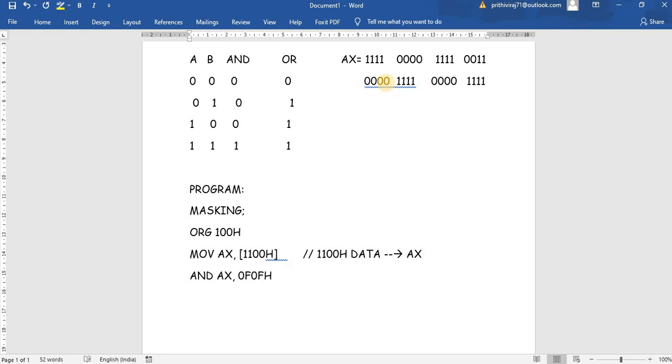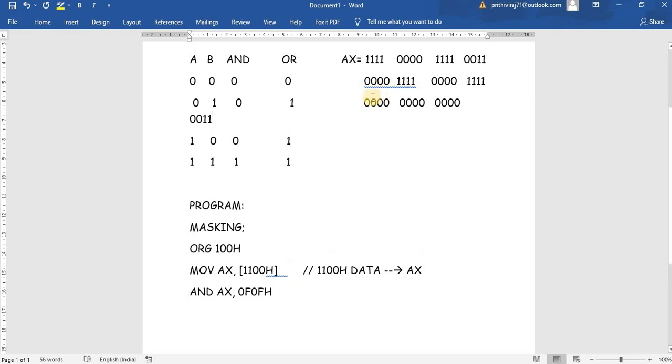By doing the AND operation, what happens? 1 AND 0 means the output is 0, so 0 0 0 0. If any input is 0, the output will be 0. Once again here also the output is 0, and here the output is 0 0 1 1. So we have performed an AND operation.